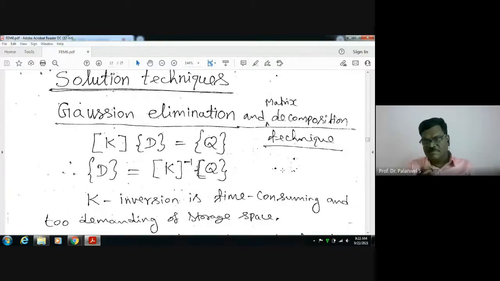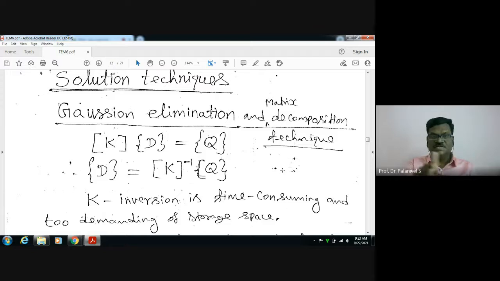We multiply an equation by a factor, and we add two equations, or subtract one equation from another. This way, we eliminate a certain unknown, and one unknown will be determined. This way, we know how to solve simultaneous equations. The same thing we are going to do, but since the equation is in matrix form, we call it the matrix decomposition technique.